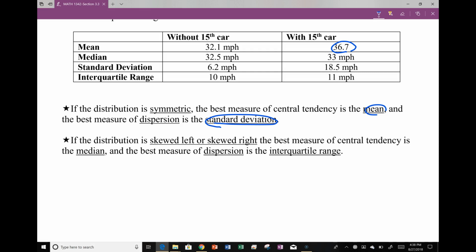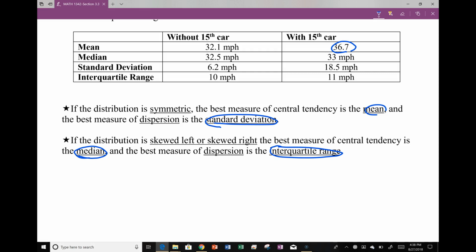Now, if it is skewed left or skewed right, we tend to want to use the median as our measure of central tendency and the interquartile range as our measure of dispersion or spread. The reason why is because median and interquartile range are resistant. They resist those outliers,